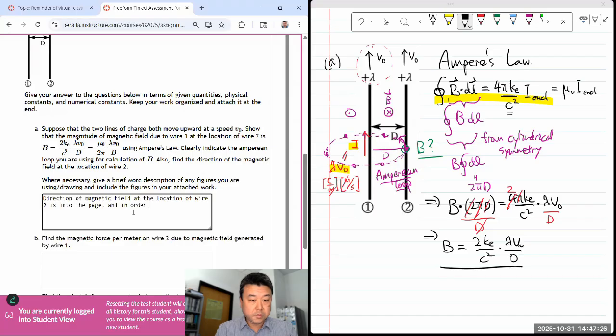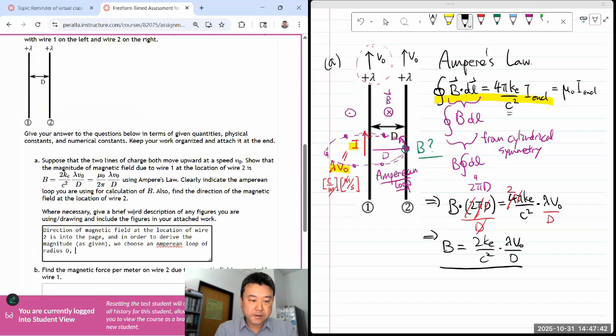And in order to derive the magnitude as given, we choose an Amperian loop of radius d. By the way, a lot of people spell this with an I. I never liked it. Using symmetry to pull B out of the integral,